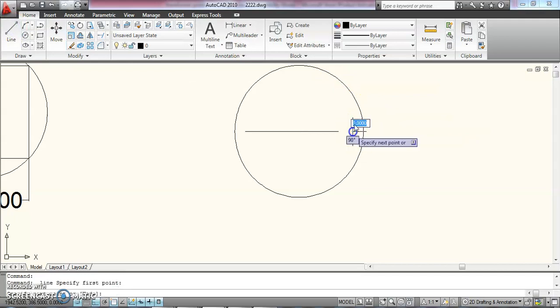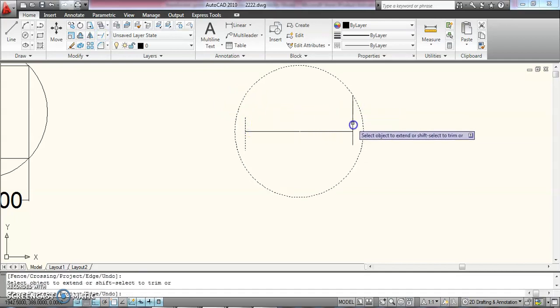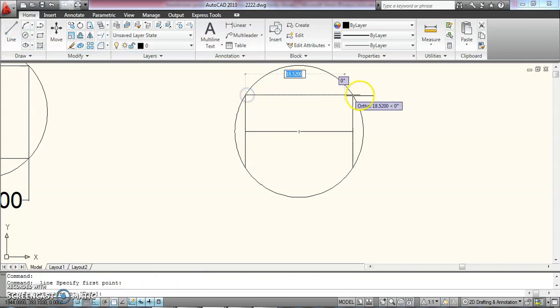So just draw a line here and here. Again take a line from this, just draw a line. Okay, just extend this. Click this circle, select this circle, right click, extend to circle. Extend to circle. Getting? Okay. Just join this. Just join this also. Okay. Yes.